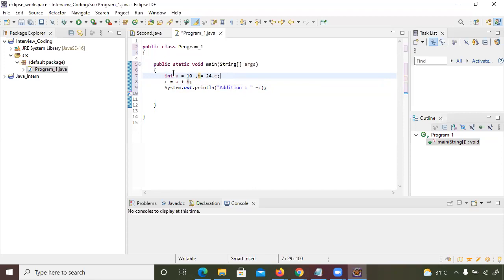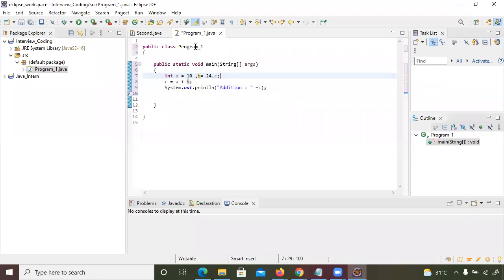There are different data types, but I will go in depth and explain every data type and operator. The data type of A and B is integer. Similarly, C is also an integer, and I'm doing the addition here and printing it. Now, the term public comes by default,